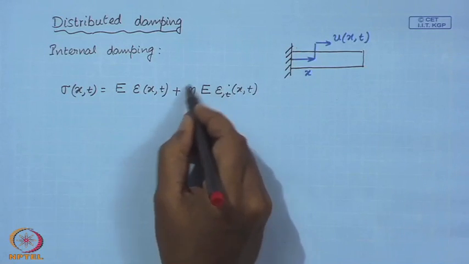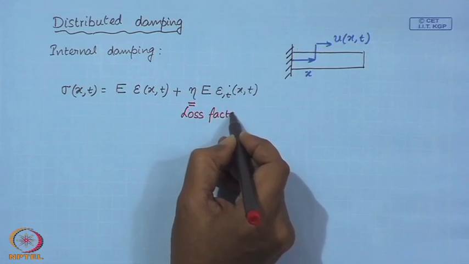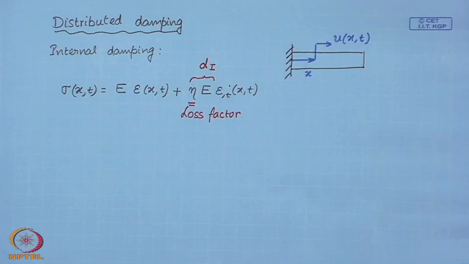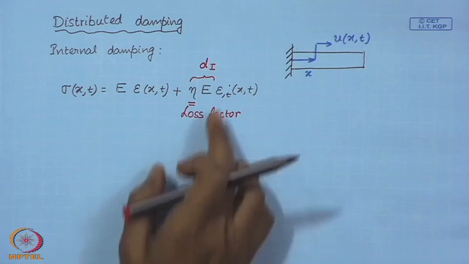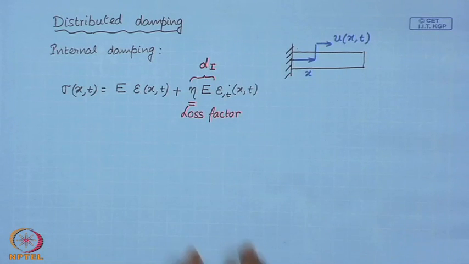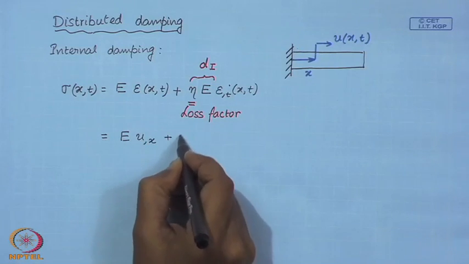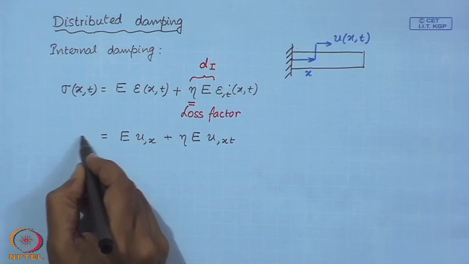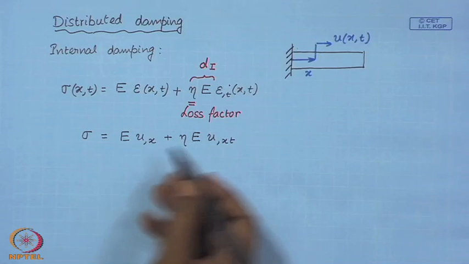Now, this factor is known as the loss factor, and the product of these two terms may be represented as d I, the coefficient of internal damping. So, what we have done is we have introduced in our constitutive relation this additional term, which we will see how this works as internal damping. So, therefore, our stress is given by this. Now, when we use this to derive the equation of motion as we have done before,